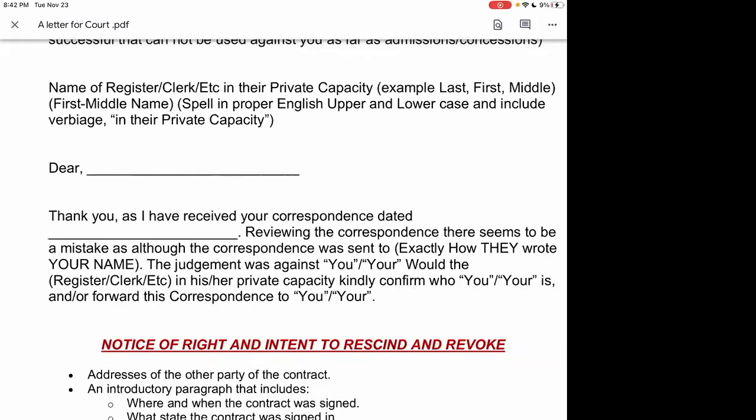So what I reference Macho with is, in certain scenarios, they're not always going to use you and your, okay? In his scenario, they said sirs, and sirs is the plural capacity of sir. So they're addressing more than one person. Now, in the capacity which references the birth certificate, you're just a beneficiary of the birth certificate. You're not actually the owner of it. You're just a beneficial owner. In that aspect, it's the same thing as the WA Ben, a non-taxable private entity foreign to the United States.